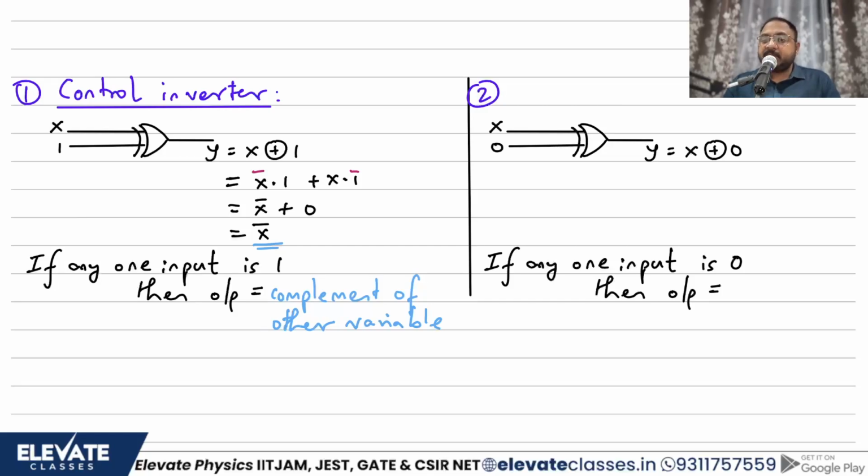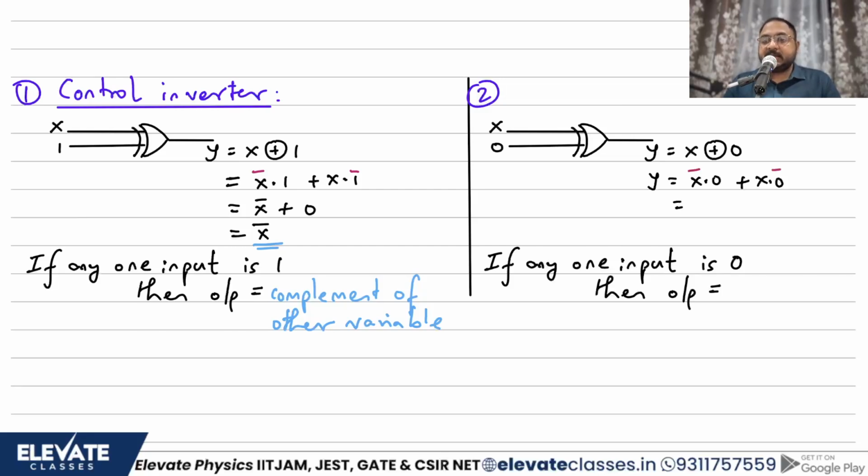Here let's see what will happen. One input is 0 and the other input is again unknown. मैंने कोई x नाम का वेरिएबल यहाँ रख दिया. अब देखते हैं क्या होता है. Again apply the XOR definition that I told you. Take a product, write another product, है ना. Once put a bar on the first, second time put a bar here.